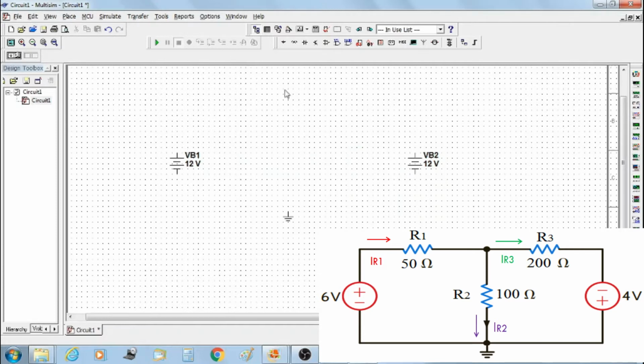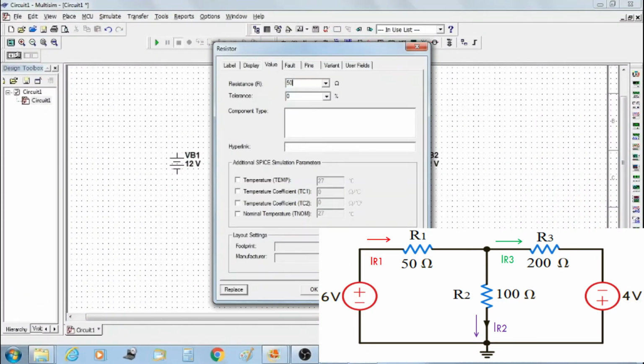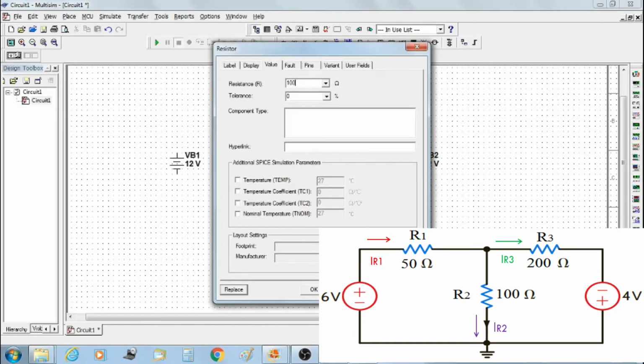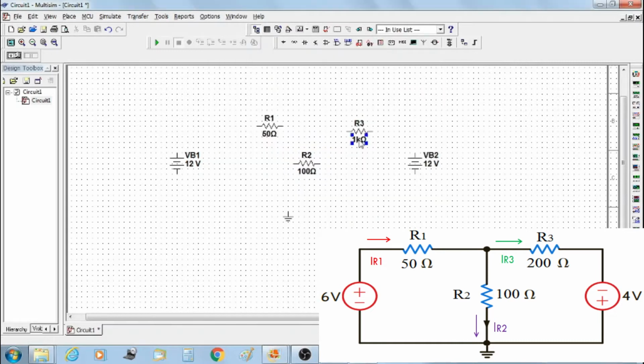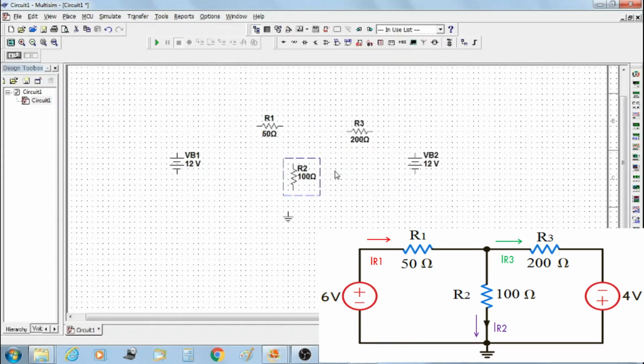Again, from the component toolbar, select three resistors R1, R2 and R3 of 50 ohm, 100 ohm and 200 ohm value. Then for measuring loop currents IR1, IR2 and IR3, select three multimeters from the instrumentation toolbar.